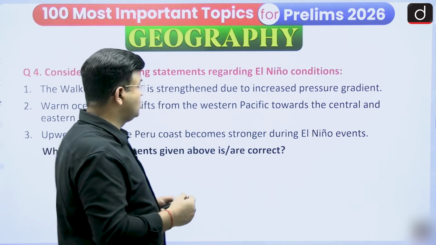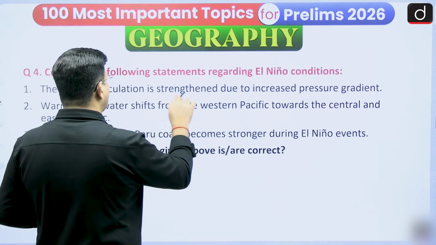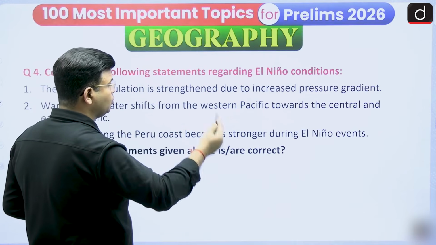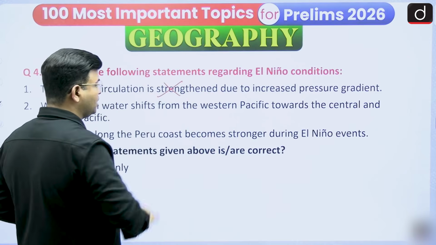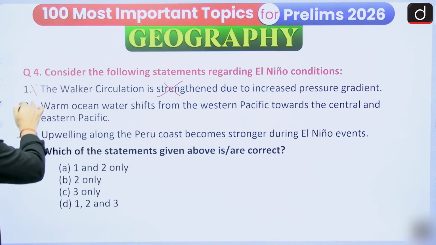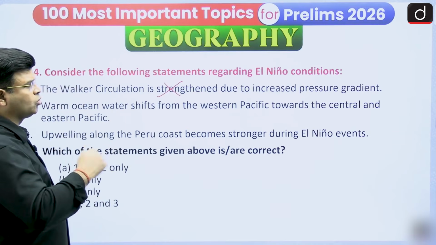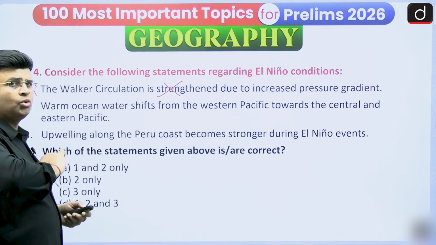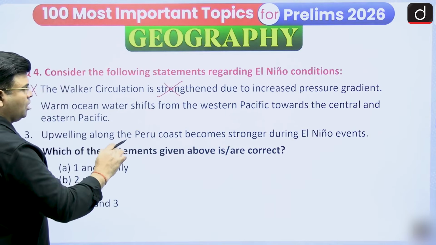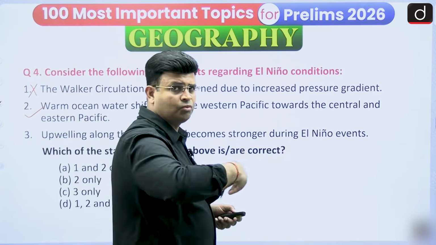pressure gradient. So the Walker circulation is strengthened, but in this case the Walker circulation should reverse, or you can say there is a weak Walker circulation. So strengthened is wrong. Pressure gradient is happening, but strengthening is not taking place. This statement is wrong. And warm ocean water shifts from the Western Pacific towards the Central and Eastern Pacific. Yes, during El Nino it is going towards that region. So this statement is right. Yes, it is moving to the Central Pacific and the Peru coast, this warm water during the El Nino